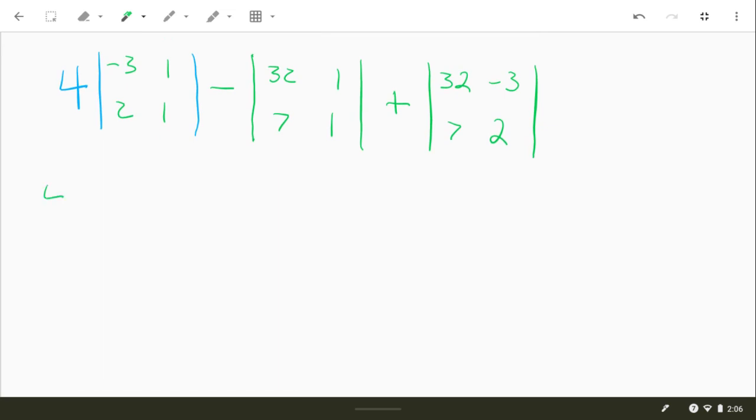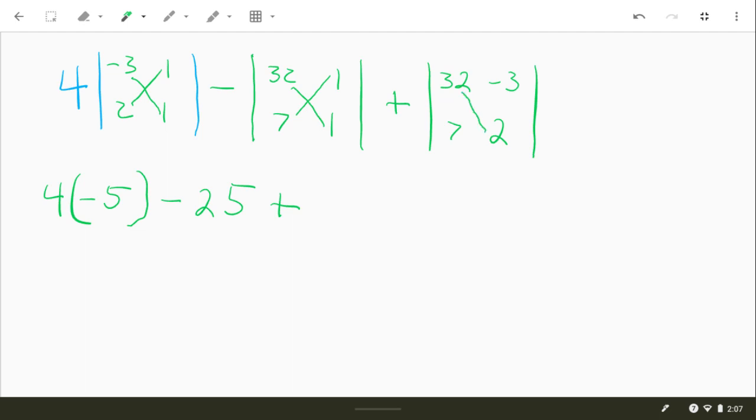All right, so it's 4 times the determinant of a 2 by 2. We're going to have -3 minus +2. It's -5. Okay. And then minus the determinant. This is going to be 32 minus 7. So that's 25. And then the last one's going to be plus